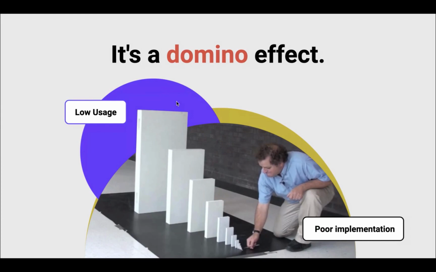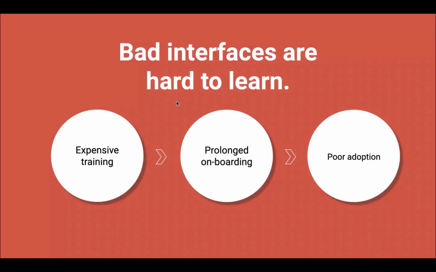Because the truth is, bad interfaces are hard to learn. If a CRM solution is notoriously complex and is just a cluttered mess, then it's going to make training really hard for salespeople. They'd have to take multiple refresher courses to even pass the test, and these costs will add on, which prolongs the onboarding period, which is already long enough. Let's say a customer is promised an onboarding period of 6 months, then the complexity of the software, which makes training and data migration and setting up of integrations harder, will also add another month to that timeline.